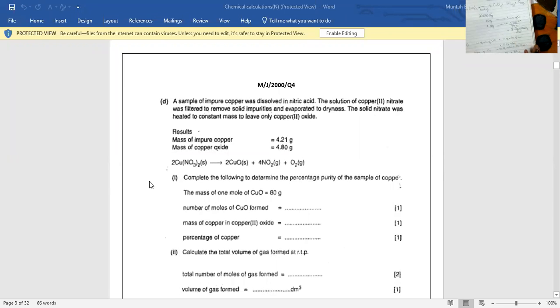That's easy. So who will tell me, how can I calculate the mass of copper? Mass will be equal to the number of moles multiplied by the relative formula mass. So the mass would be the number of moles multiplied by the molecular mass of copper. The number of moles of copper we calculated in part 1 to be 0.06. We multiply that by the molecular mass of copper,